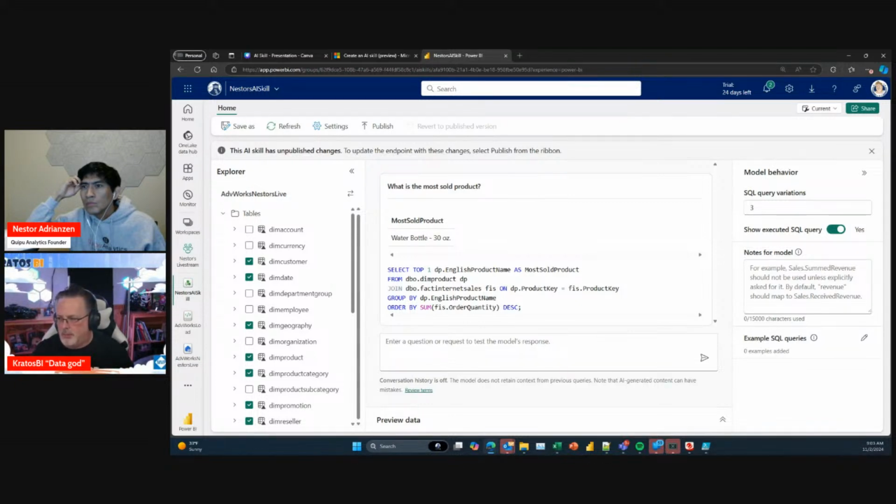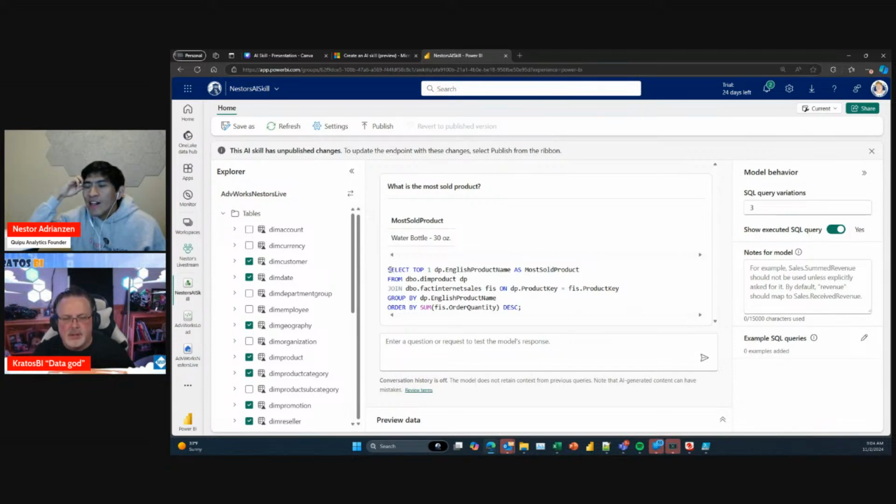Okay, and let's take a look at it. It even shows me the query that it wrote. So they give you the SQL piece right there. That's awesome, right? So I can go ahead and look at this and see, is this what I want, how I want this to be answered?